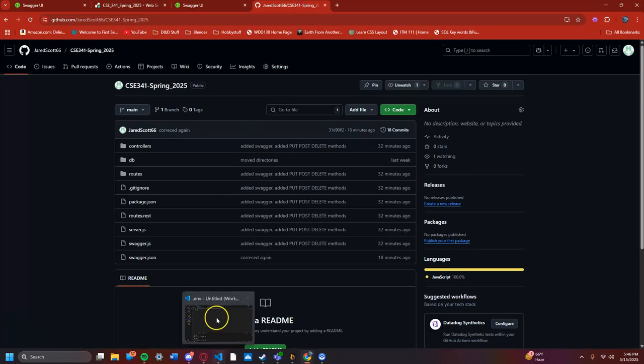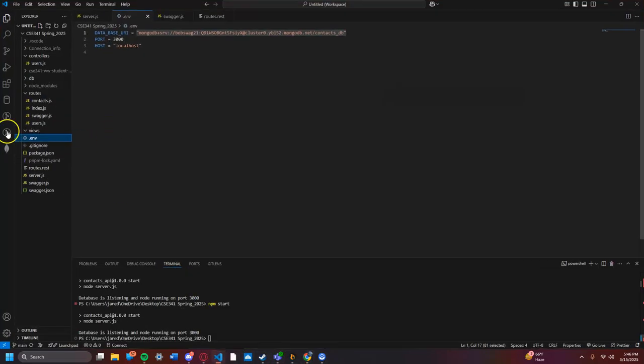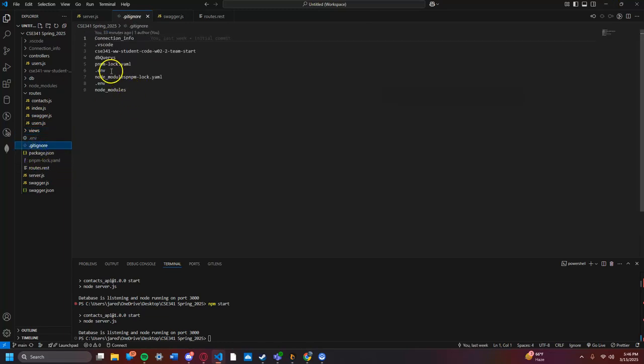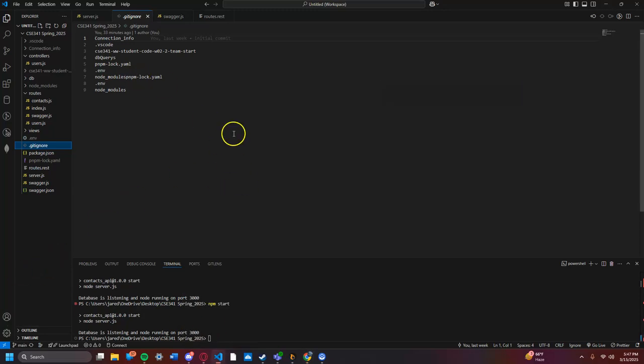It is, in fact, in my .env, which is ignored. Don't mind that. The folder is a bit of a mess. Let's see. I have MVC. There aren't currently any models, but